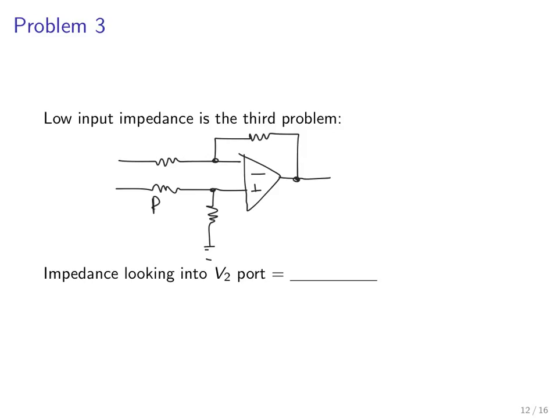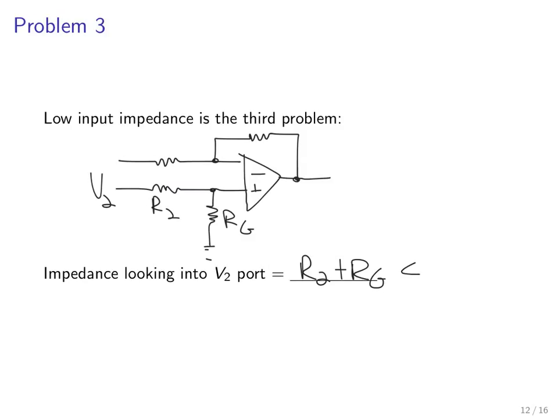So now we still have R2 and RG here as before. Now the impedance looking into the V2 port, where we connect signal V2, is only going to be determined by R2 and RG, since we assume that no current flows into the positive terminal of the op-amp. So effectively this leg is disconnected and we just have this resistance looking into this terminal. So it's just going to be R2 plus RG,